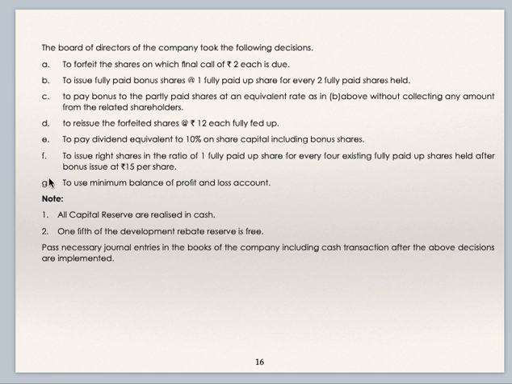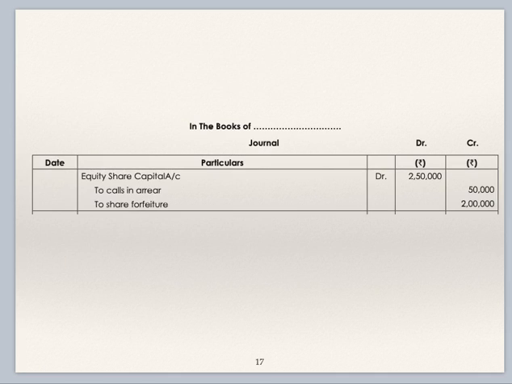So for all this you are supposed to pass journal entries. We'll see one by one. First, they have decided to forfeit 25,000 shares for non-payment of the final call of rupees 2. So that means 8 rupees is paid, 2 rupees is not paid. Whatever is not paid will get transferred to the calls in arrears account, and the amount received on forfeited shares will get transferred